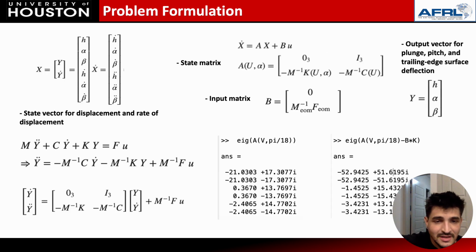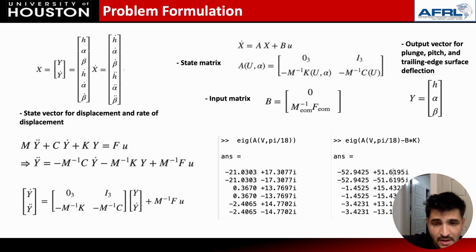So as mentioned before, the states are going to be the plunge H, the angle of attack alpha and beta. We're going to be using the equations of motion seen earlier to then put them into a state matrix and input matrix, where the state matrix depends on the velocity and angle of attack. So the system is nonlinear due to the fact that the state matrix is a function of alpha. So we're going to have to analyze the system at a fixed angle of attack, which is going to be 10 degrees, and we can vary the velocity